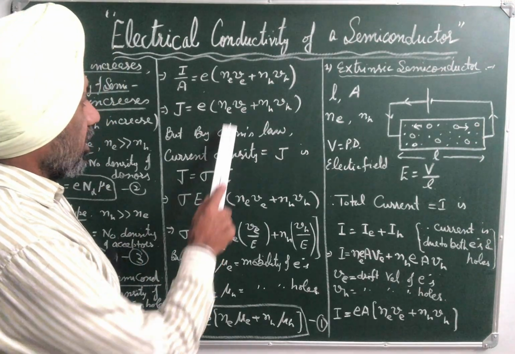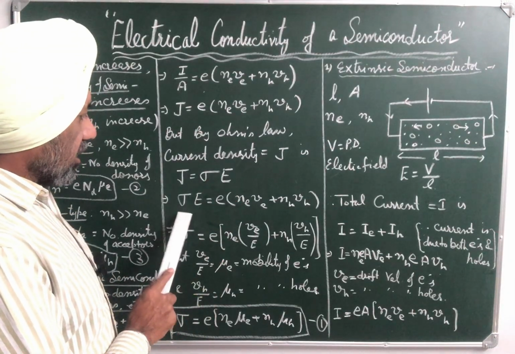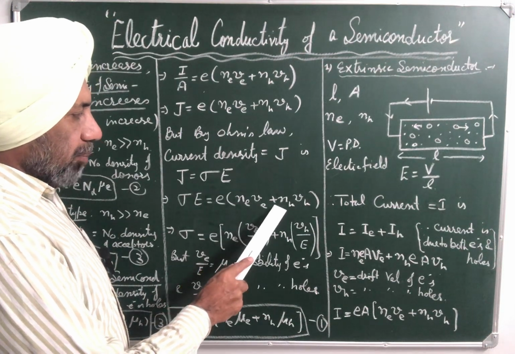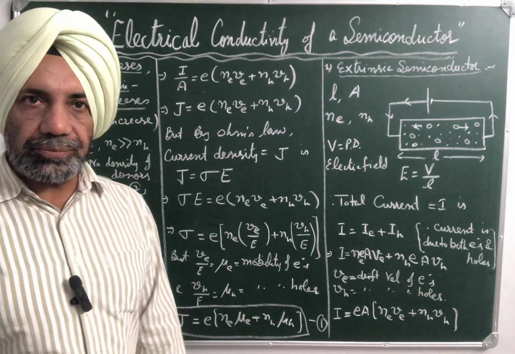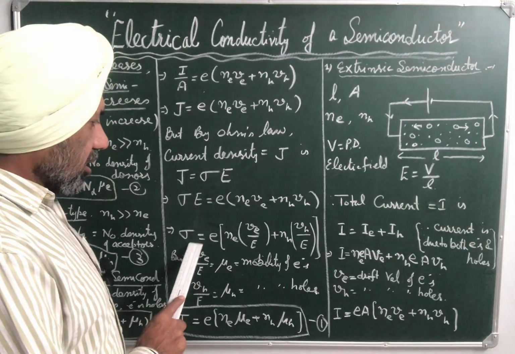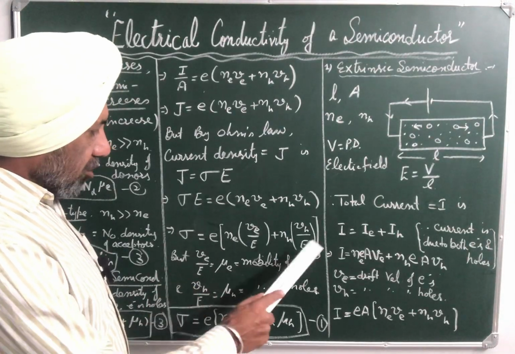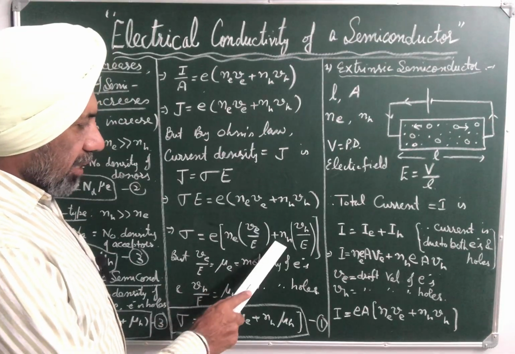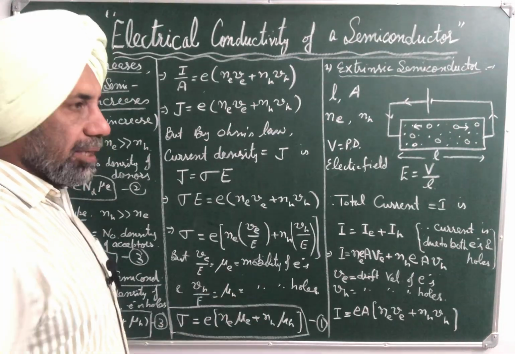Comparing these two equations, sigma E = e (Ne Ve + Nh Vh), or dividing by E throughout, sigma = e Ne Ve/E + e Nh Vh/E,